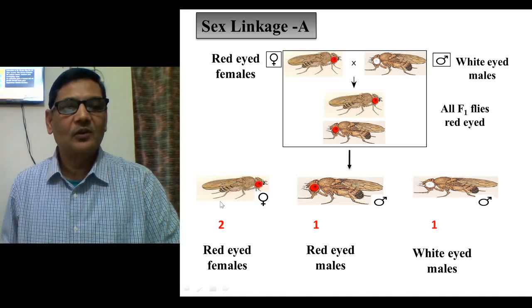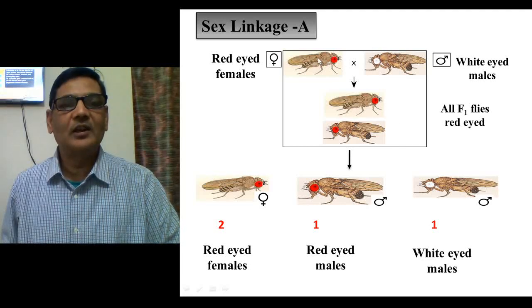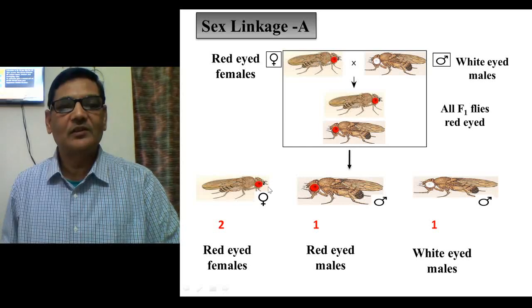So females will be red-eyed, and if you observe the male individuals, you will find that 50% of the males will be red-eyed and 50% will be white-eyed. Exactly the same thing Morgan observed in his cross when he crossed a white-eyed male with a red-eyed female. Then exactly the same inheritance pattern he observed, and he was really astonished to see that white-eyed flies were only